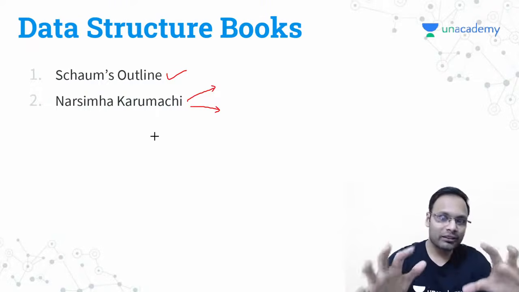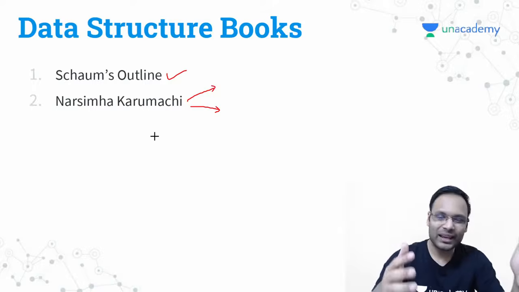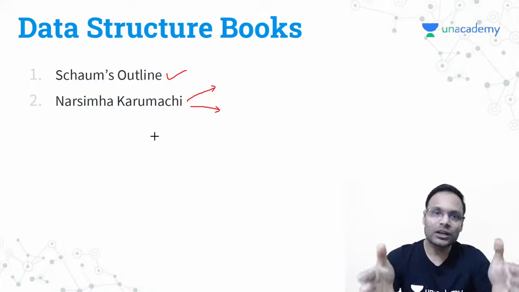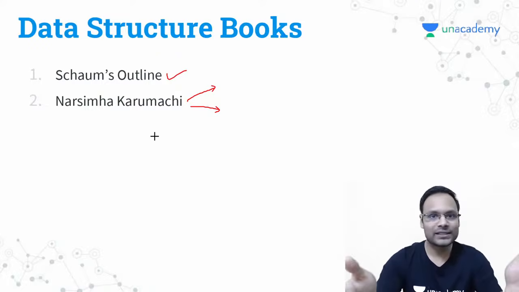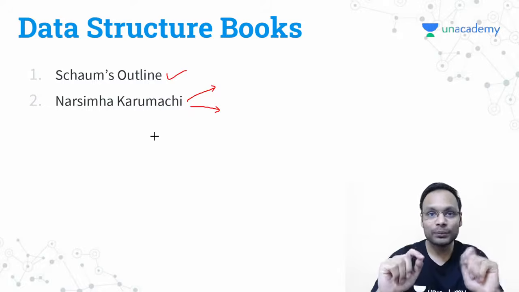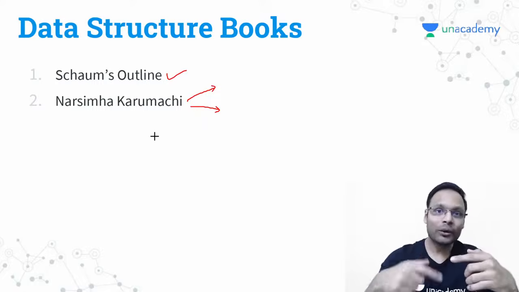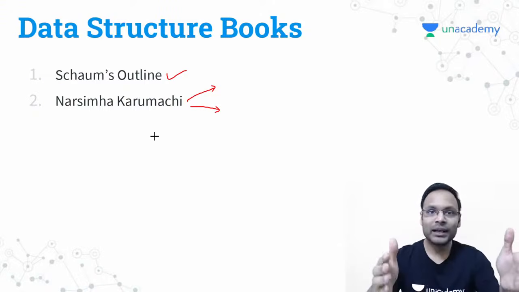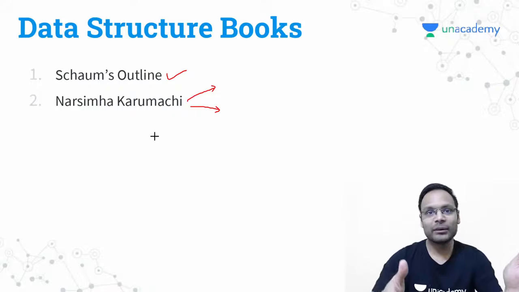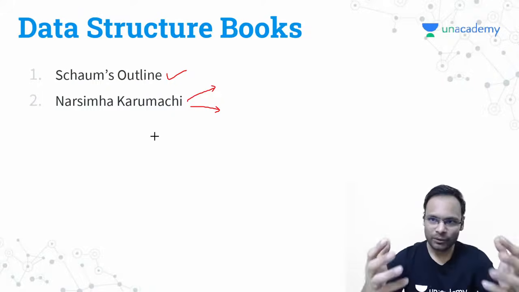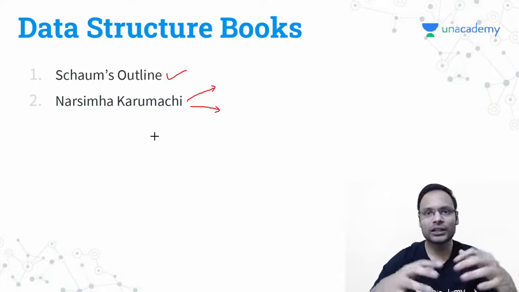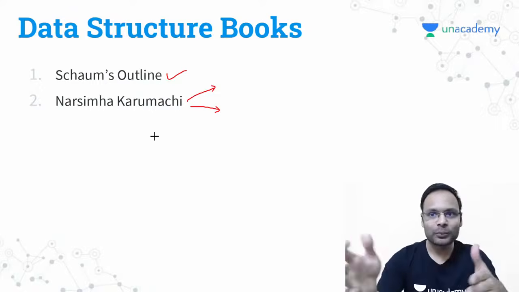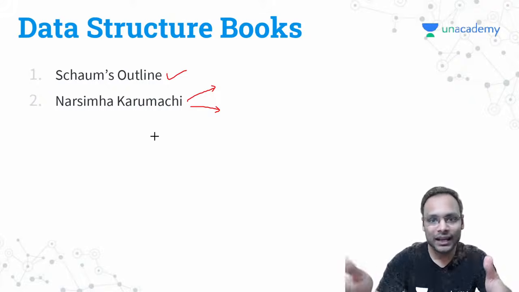Narasimha Karumanchi is available, I guess, with Java and C also. You can go with the C language. Why? Again I am telling you, for GATE you have only C, but this Narasimha Karumanchi will help you in understanding your algorithmic implementation. Like there is a problem in the linked list, you will have to insert an element at the end. So this particular problem, its explanation and its solution in the algorithm will be given to you. So it will be a good book for you to have good practice on the different problems and their algorithms.